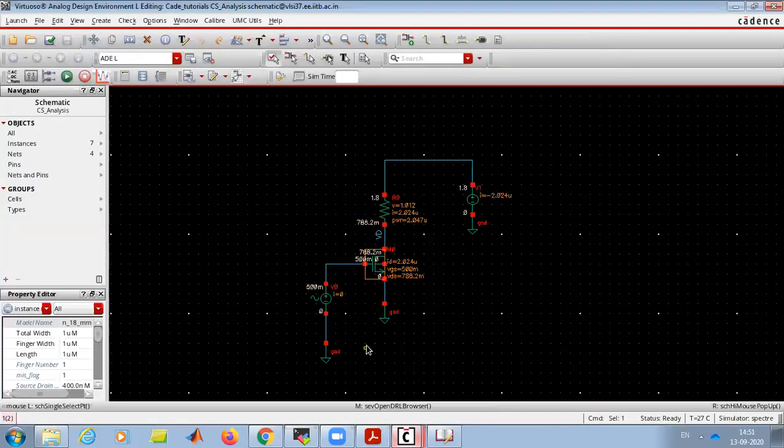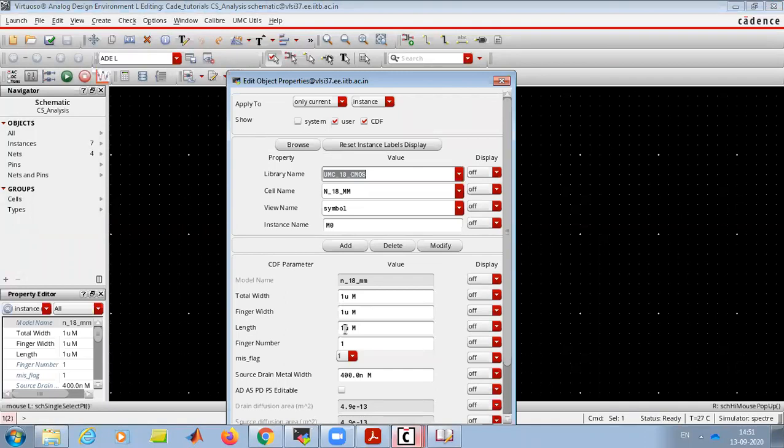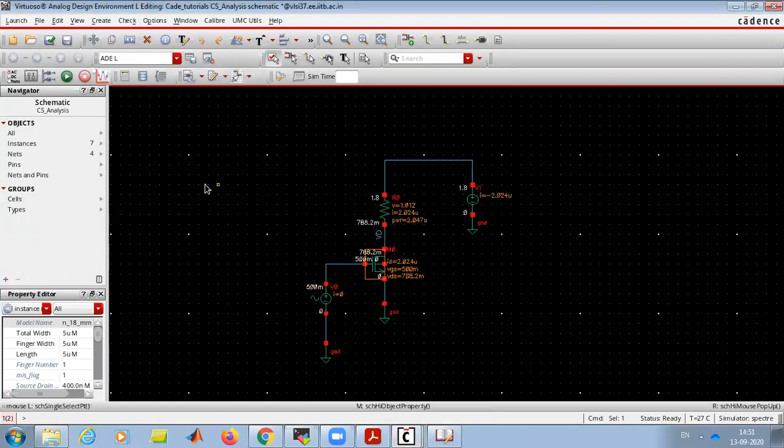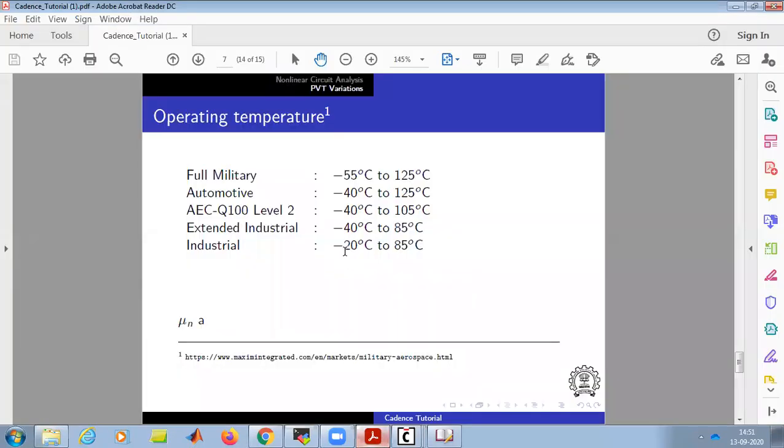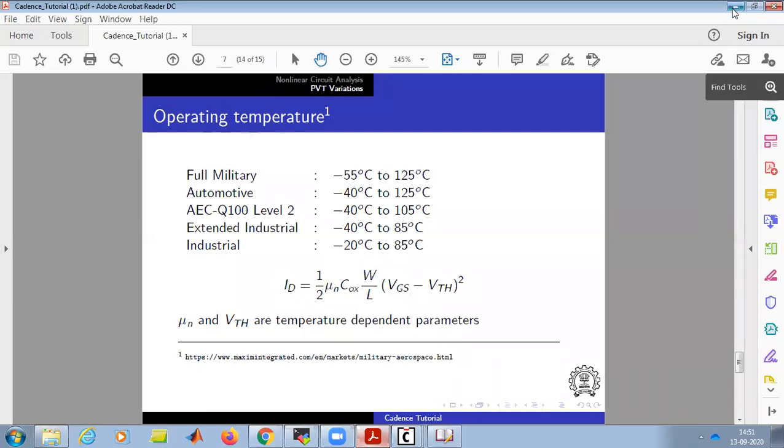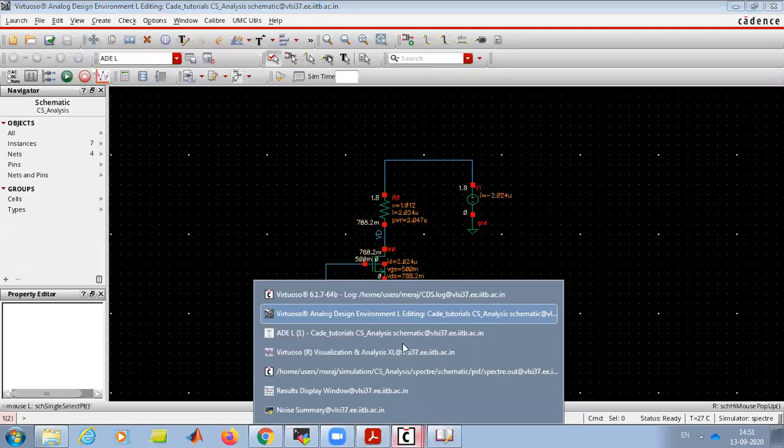What will happen if I make it 5? I'm increasing W and L both by 5 times. So effectively the current is constant. The current will be the same. Only I will get better noise performance.